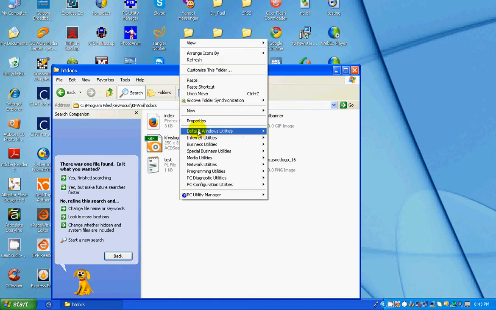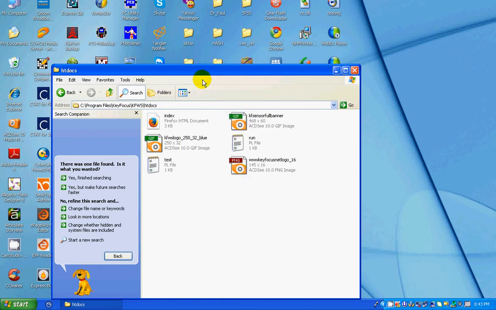Just paste the folder which you have created in assignment 1 or assignment 2 here. So now you can see the folder OOI has been saved in this htdocs folder.